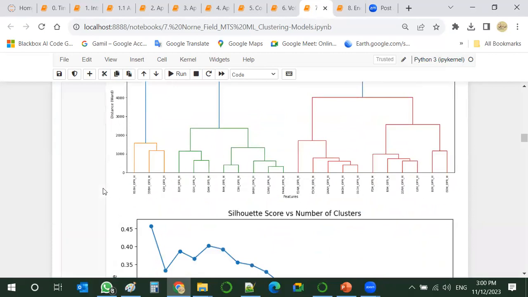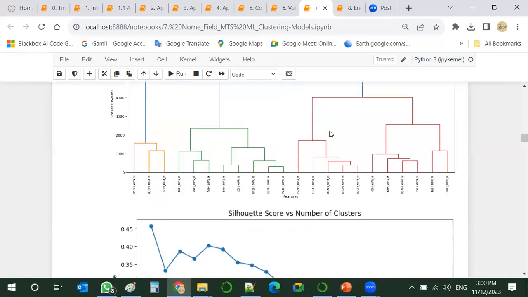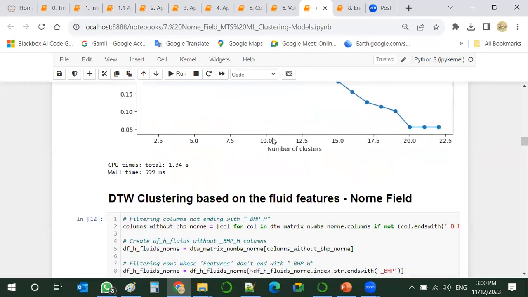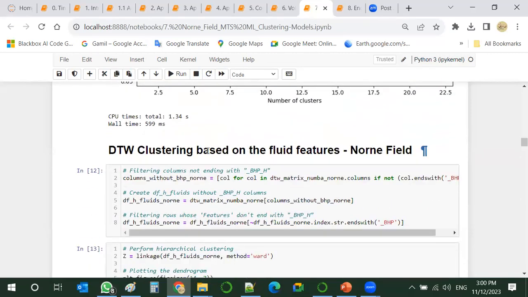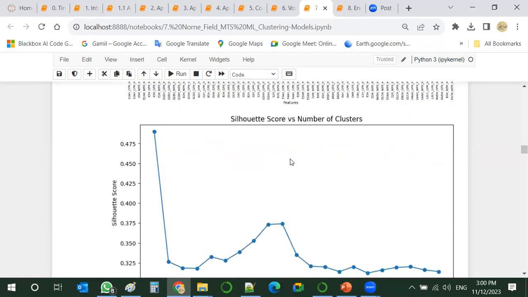These are all the wells, and this is the similarity, the distance between each, and we can represent them as you can see here. We can do the same clustering based on fluid features, oil, gas, and water, for instance.